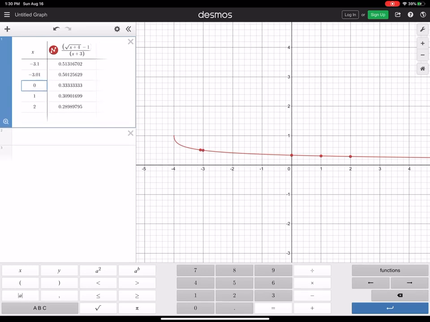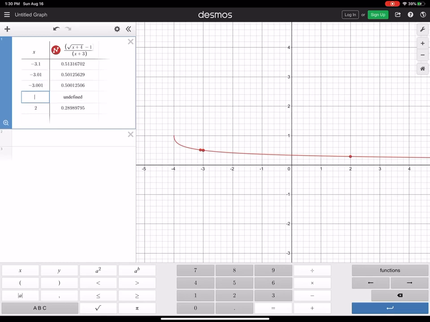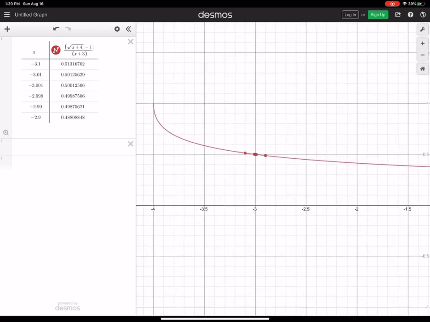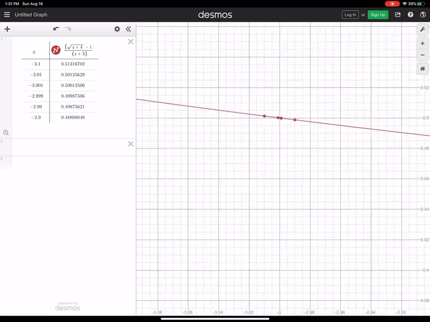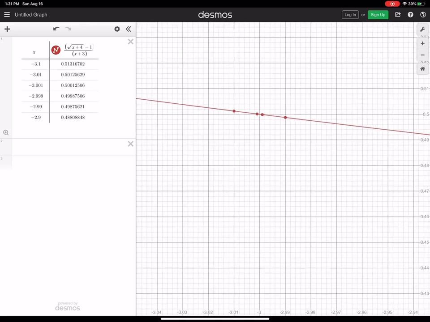And then I'm going to go to the next one and get -3.001. And then I'm going to say -2.999 and -2.99. And finally, -2.9. And what I don't think you realize you're doing is you're getting closer and closer to -3 from both